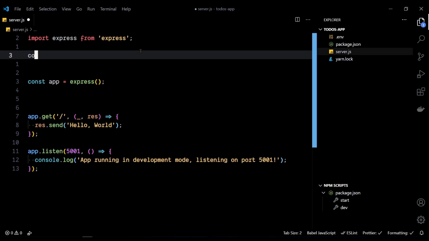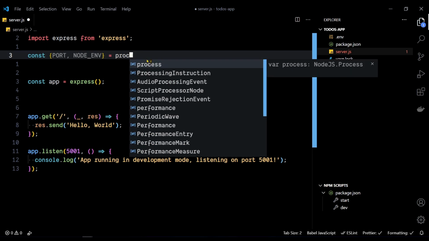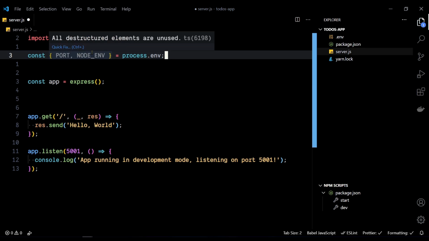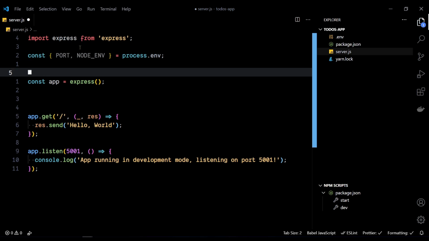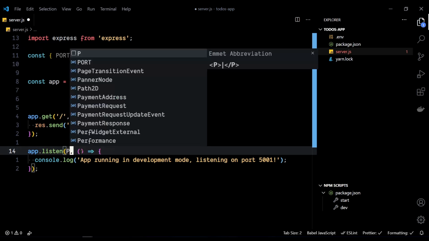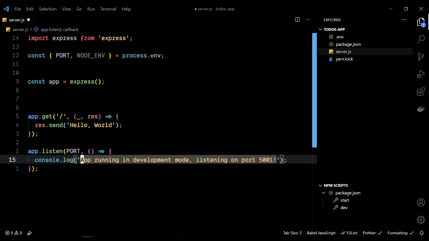I want to extract the variables that I've used over here, like node env from process.env. So process.env, if at all you know any basics of Node.js, all the environment variables can be accessed using the process.env. So env is a property of the process object, and env itself is an object, so it will be having some key value pairs like port, node env, and these are all the environment variables we will be having access to, and we can use those in our app here, like port, since we have destructured that from over here,